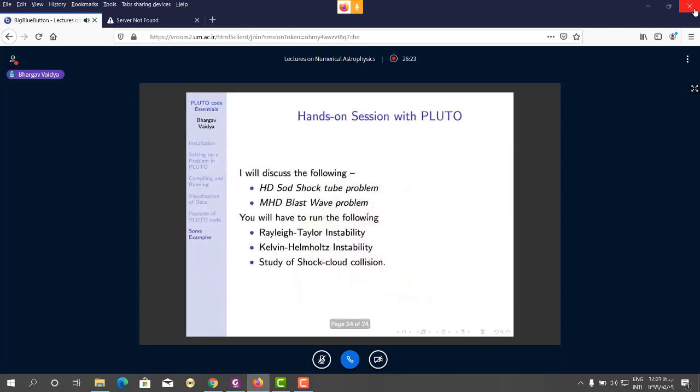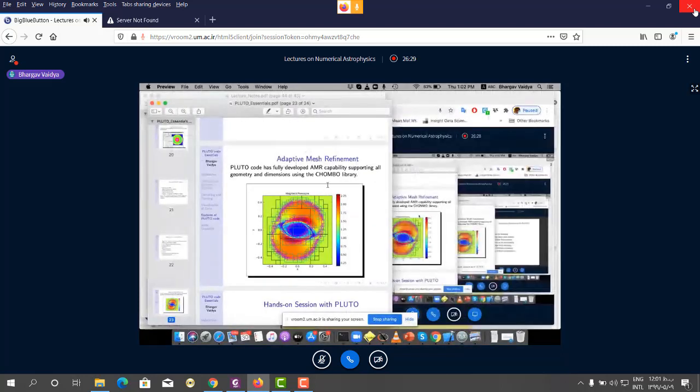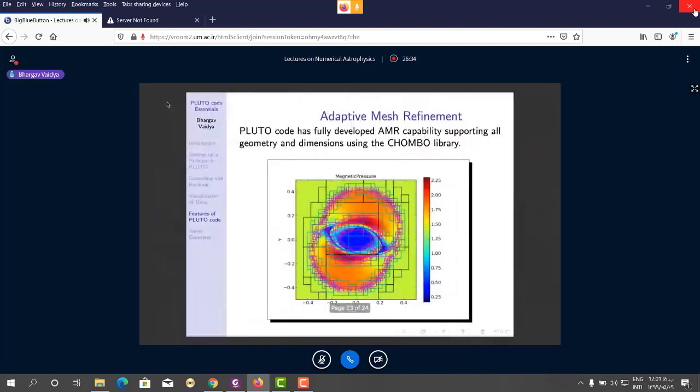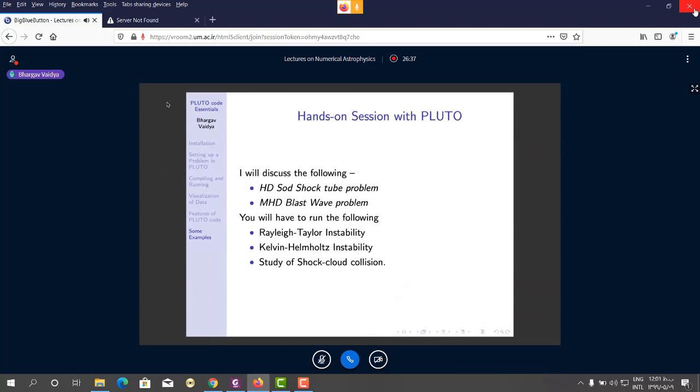So now, in the next part, I'll just stop here, because it's slightly early. What I would request of all of you, since we have some time, is that you install your Pluto version, so that in the next session I will discuss the MHD sawtooth problem. We will do it together, we can see what we can do together, and then an MHD blast wave problem. And then I will leave some problems for you to solve, so that you can take them up on your own,